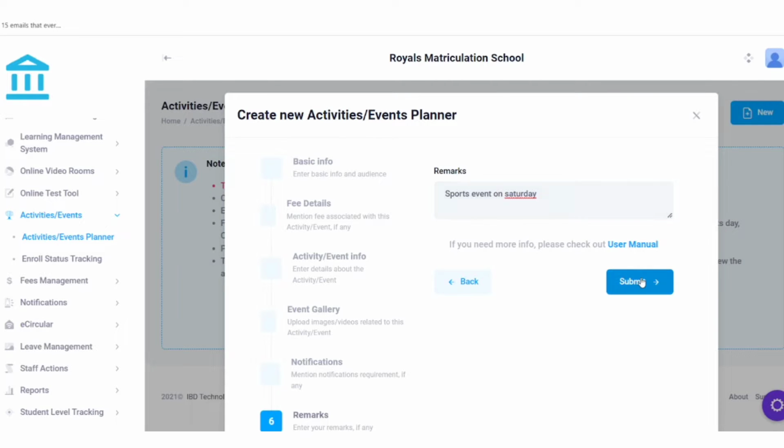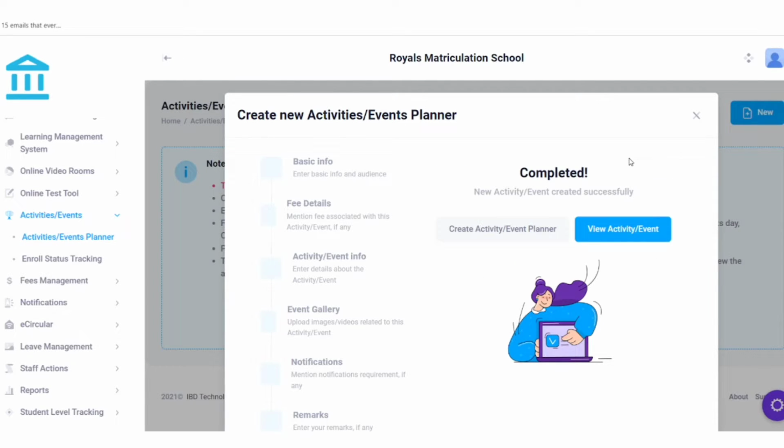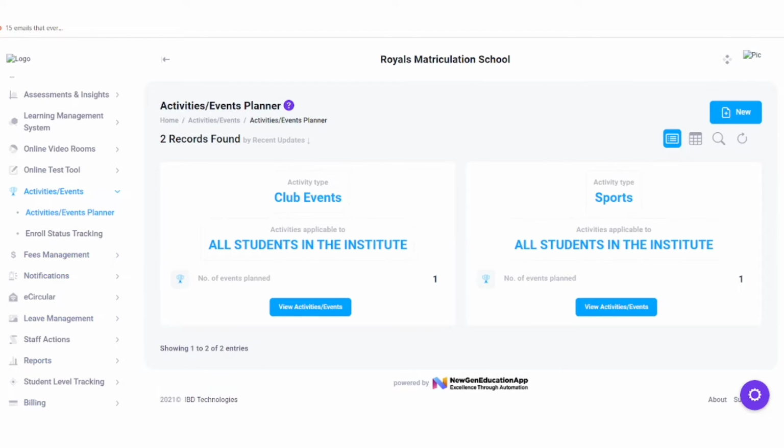and then you can click on submit. And your activity has been organized and created successfully. So once you're done with the activities or events planning, this is how the screen is going to look like. In order to organize or conduct various activities or events, you can click on new at the right corner of